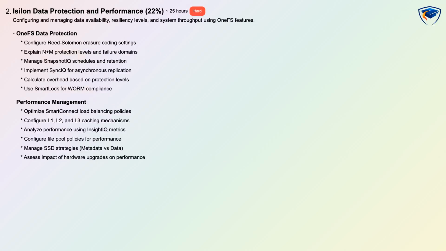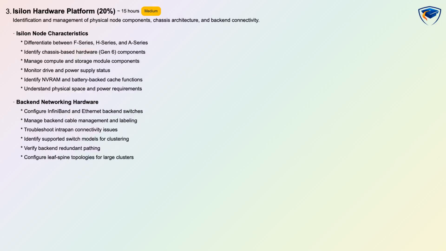You'll also learn about workflow and application design, where you'll map application workflows to Isilon features, design solutions for high-performance computing, HPC, plan for large-scale content repositories, optimize for mixed concurrency workloads, determine tiering strategies using SmartPools, and design for multi-tenant environments. The second domain, Isilon Data Protection and Performance, accounts for 22% of the exam and focuses on